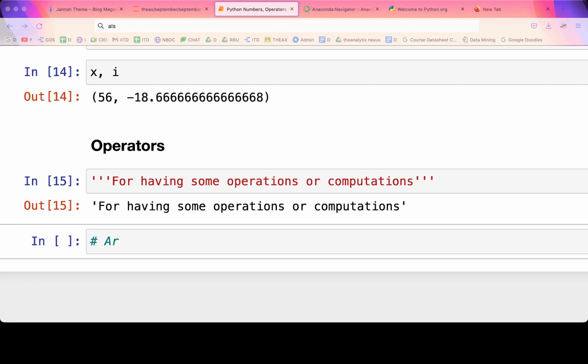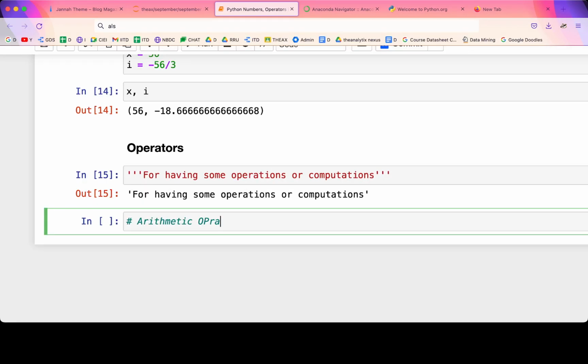So it's arithmetic, assignment, logical, relational. Logical operators are also there. We'll talk about all those later. Bitwise,